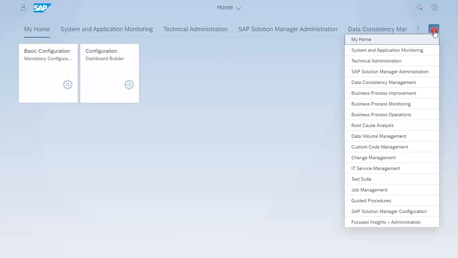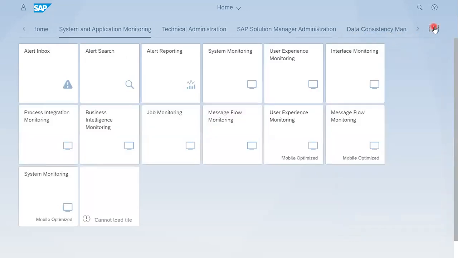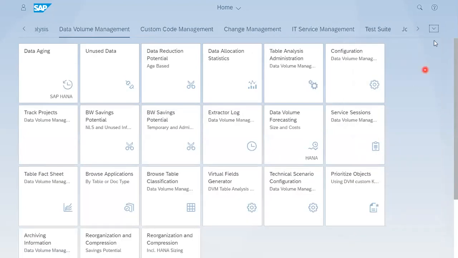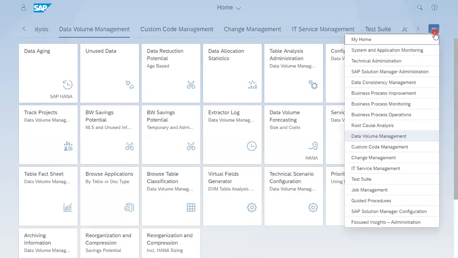What are the businesses, what are the things Solution Manager can do, and this list of functionalities or tiles is based on your roles and authorizations, what types of roles you are assigned to, and based on that you will find the list of all functionalities on which you can work. So today we are going to start the foremost topic of SAP Solution Manager, which is system monitoring.